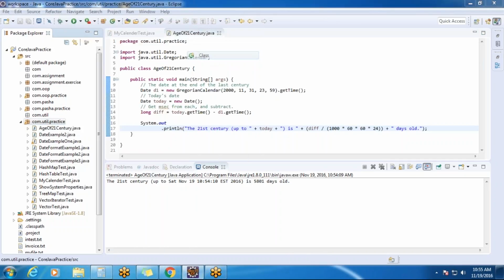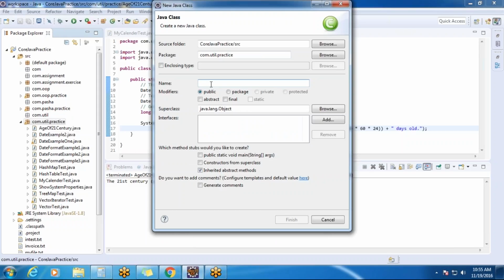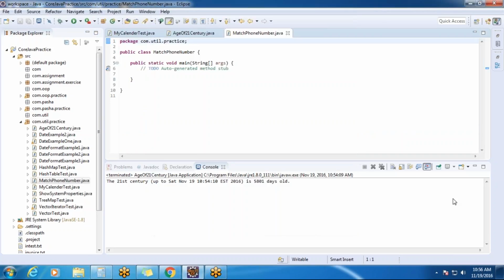So I'll pass one phone number as my program argument, and I just wanted to verify whether that phone number is in the right format or not. Say, match phone number, and take that main method